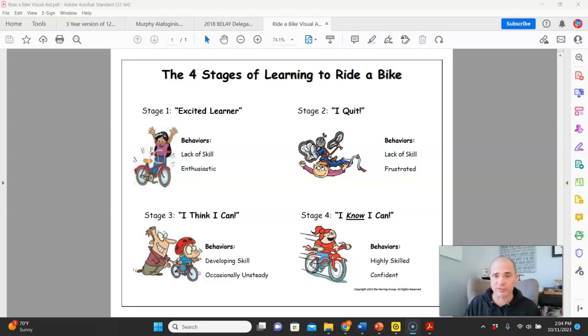You can imagine that for somebody who has not used a computer at all, going through those phases with learning PowerPoint would be really hard. So when you're delegating to people, they're going to go through the same kind of phases that you'll go through when you learn something new.